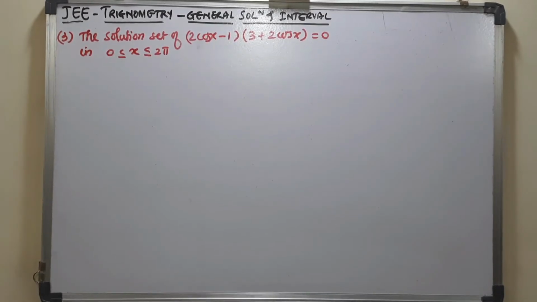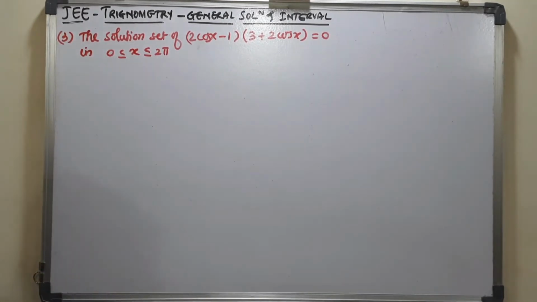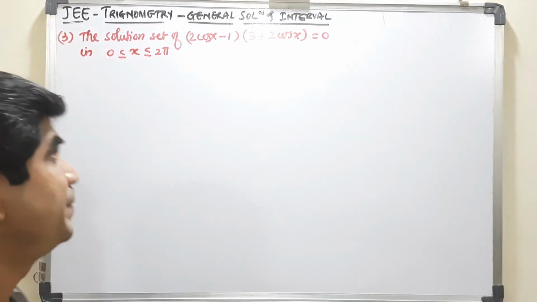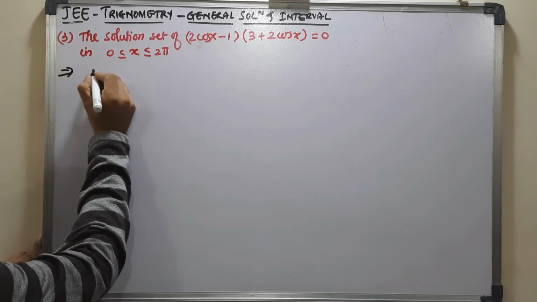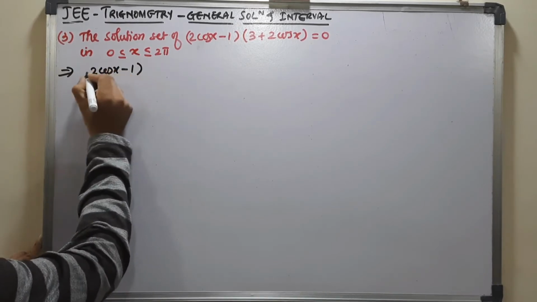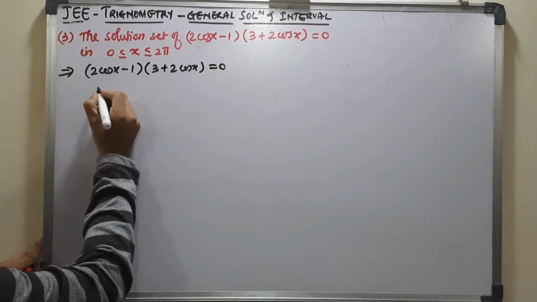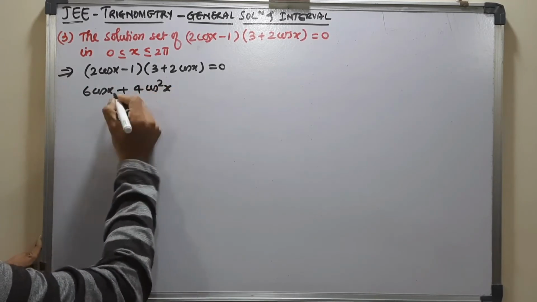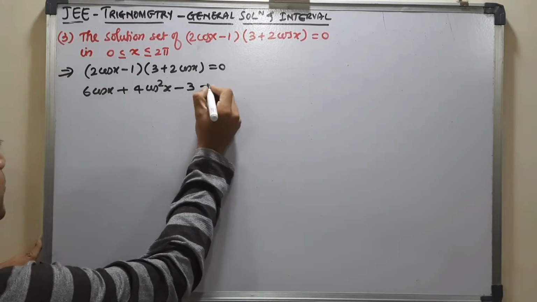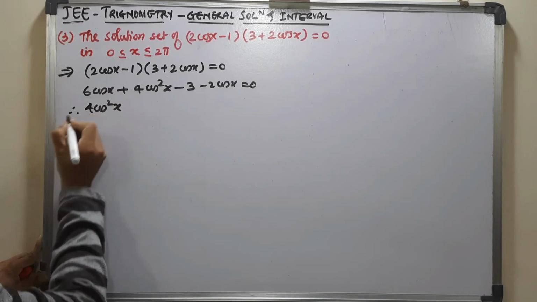Coming to the next question, the solution of 2 cos x minus 1 into 3 plus 2 cos x is equal to 0 between the interval 0 to 2 pi. We will be seeing what is the solution of this. So for this I will better solve it first to understand it. It is 2 cos x minus 1 into 3 plus 2 cos x, which gives me 6 cos x plus 4 cos square x minus 3 minus 2 cos x,